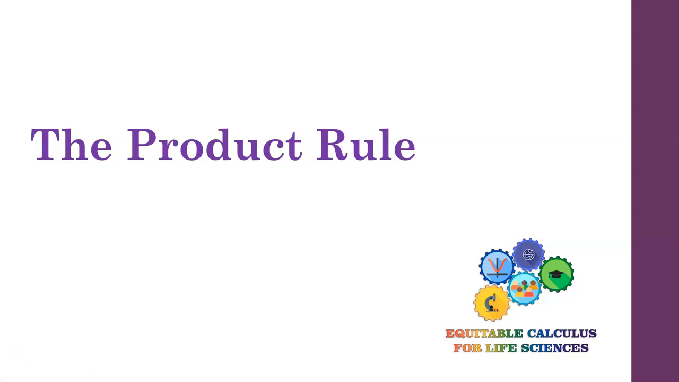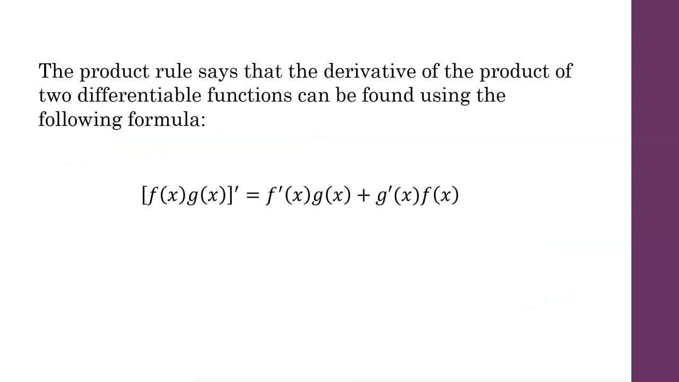The product rule allows us to take the derivative of two differentiable functions that are multiplied by each other. As a rule, it says that if you want to take the derivative of the product of two differentiable functions, you don't take the derivative of the functions and multiply by each other. Instead, you would use this formula that states you would take the derivative of each part and multiply it by